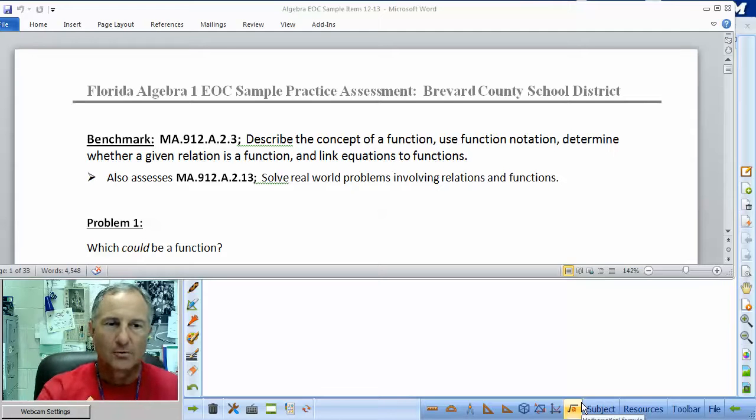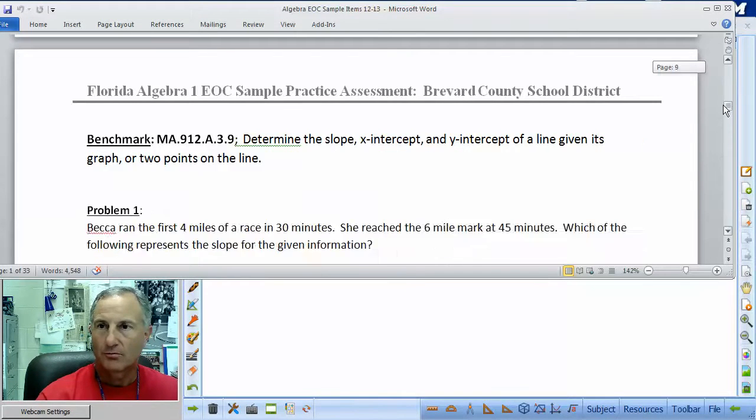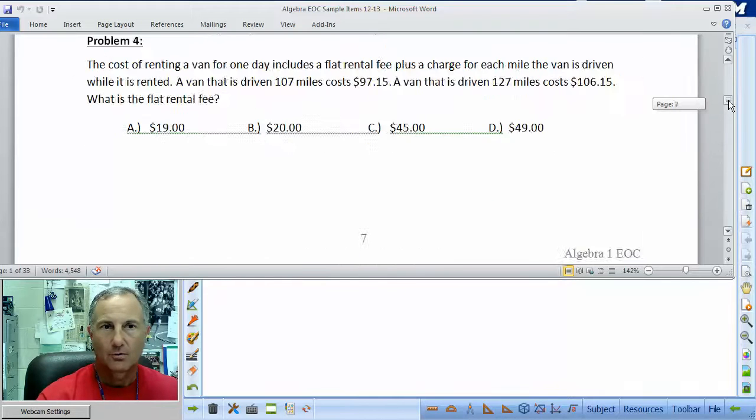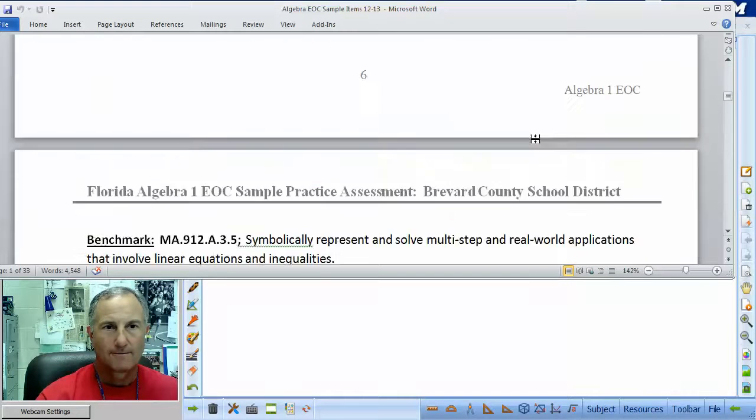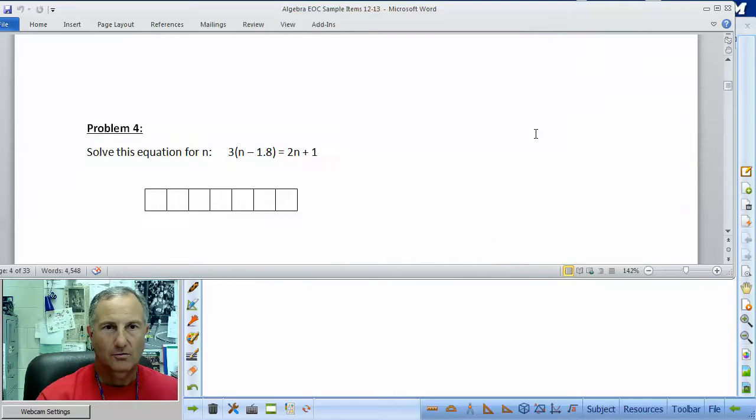All right, Algebra 1 end of course, second session here. We're working with, get us up here now. We are on 3, too far. Let's get started here correctly. Here we go,